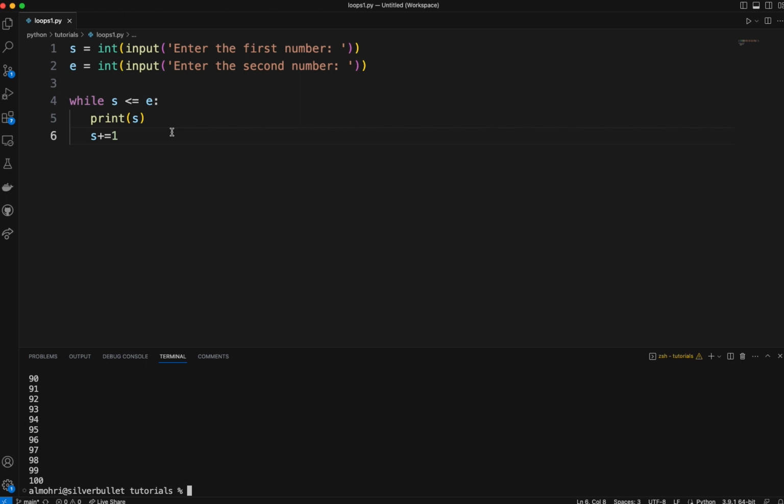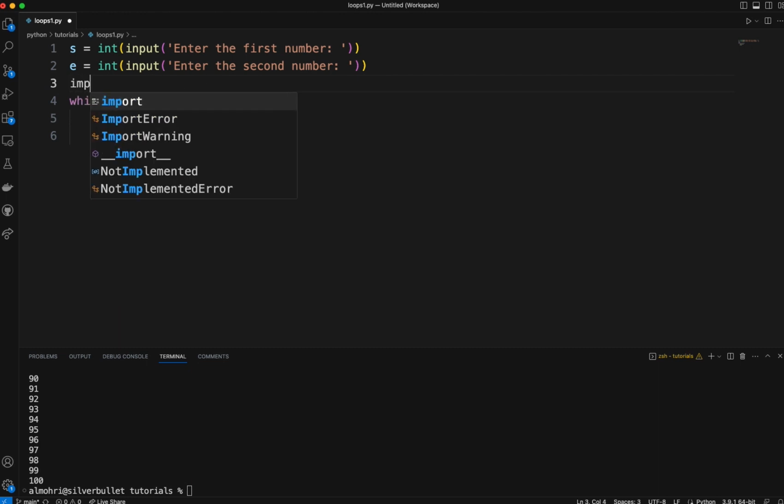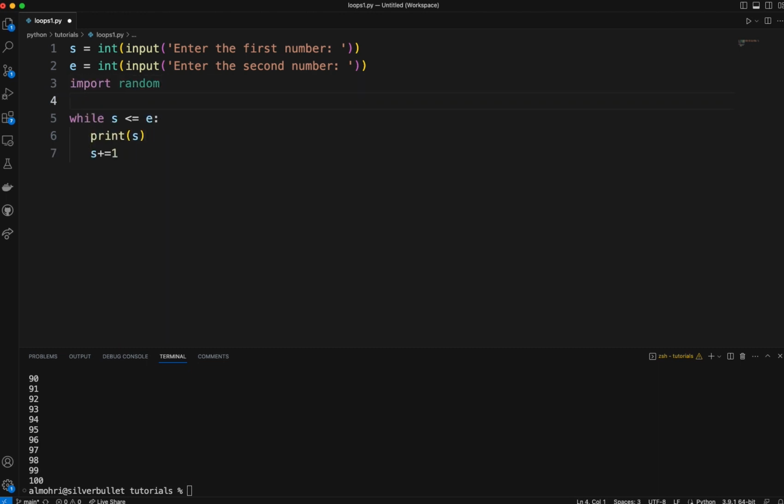The second application would be, we can modify this program so that, say we want to print 10 numbers randomly. Say we have a lottery going on, we want to generate 10 different values that are between S and E. So these are integer values. The lower bound would be S, the upper bound would be E, and these are just randomly generated based on the uniform distribution. What we need to do is to import a library called the random library,